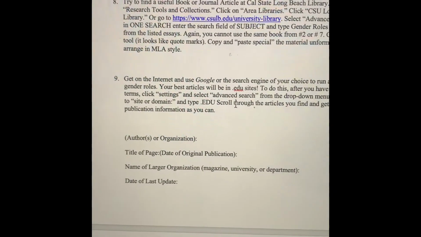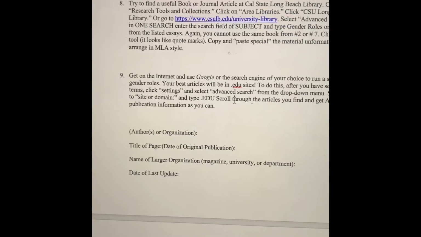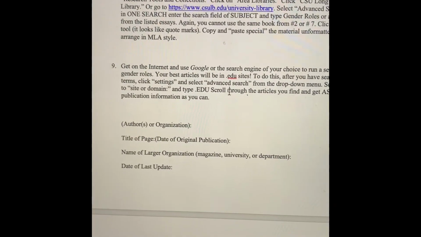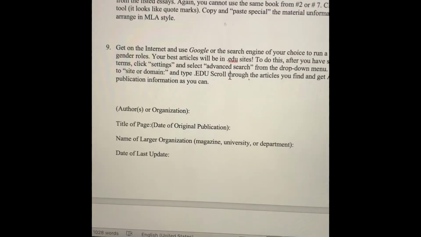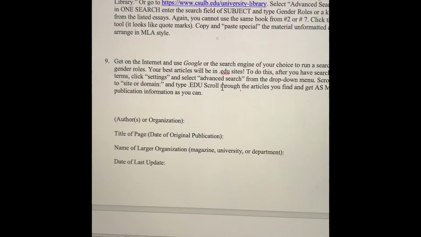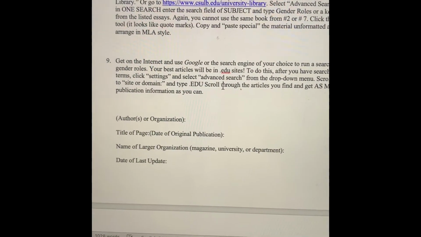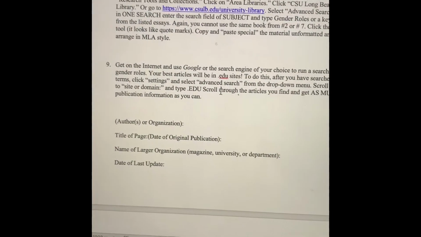Okay, so number 8 is to do a search at Cal State Long Beach by going there through the link at Long Beach City College's library, and to find a useful book or journal article there. So